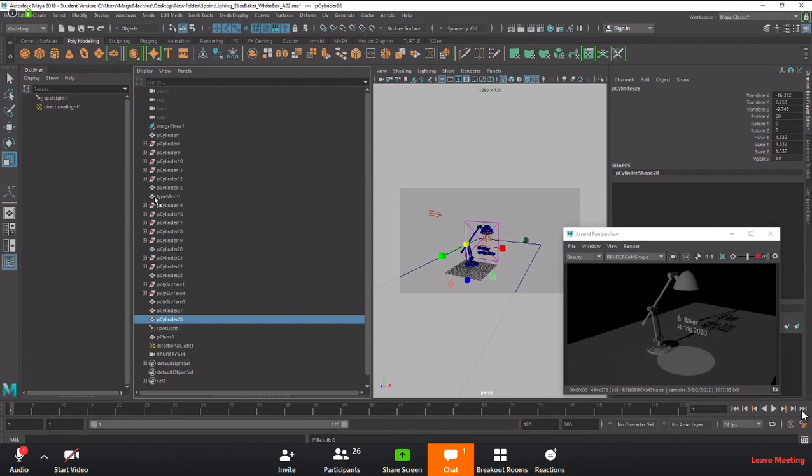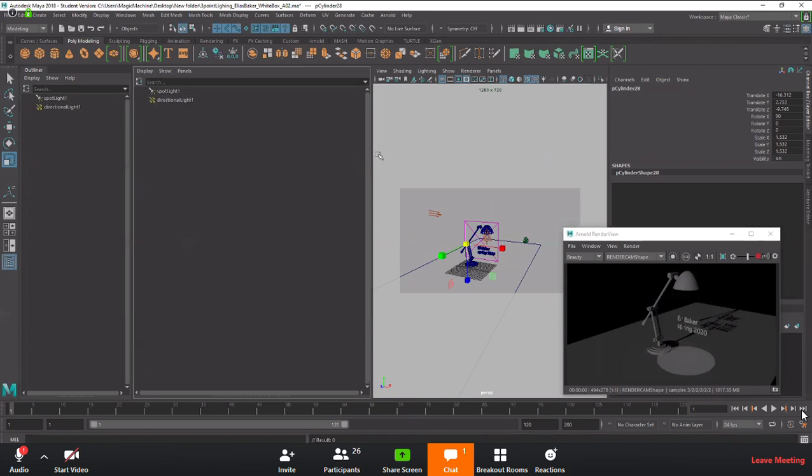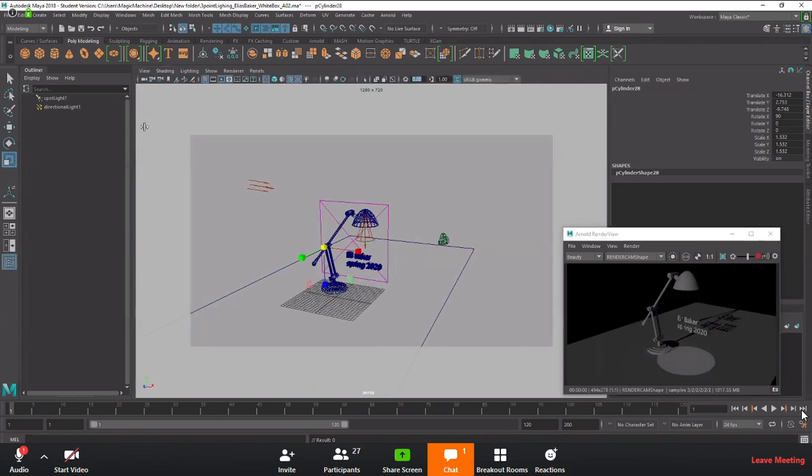Now this whole area thing has to be cleaned up, which is a different matter, Elias. Yeah. Now, here's a little tip. For me to see what lights are here, just go to show objects and say lights, and it'll show you, oh, spotlight and direction light. Fine. So okay, so I'll just